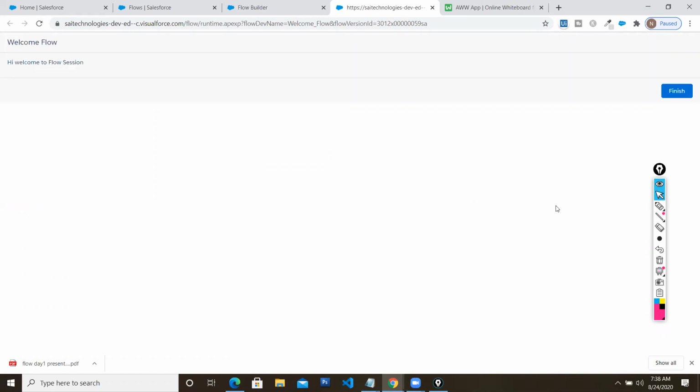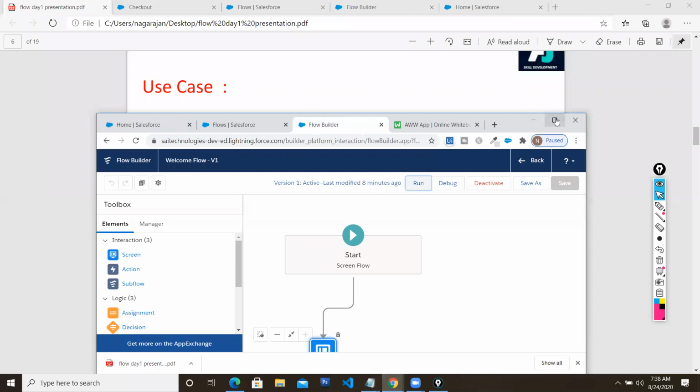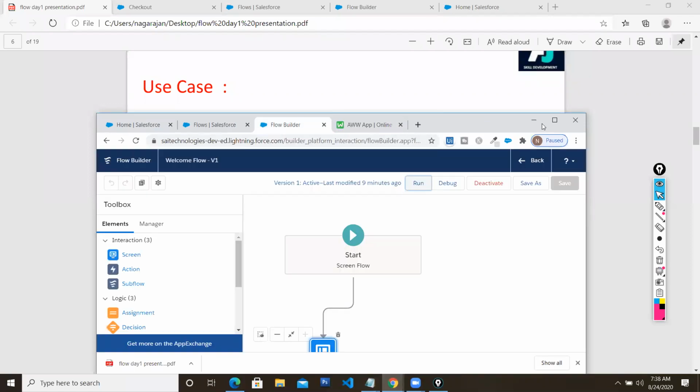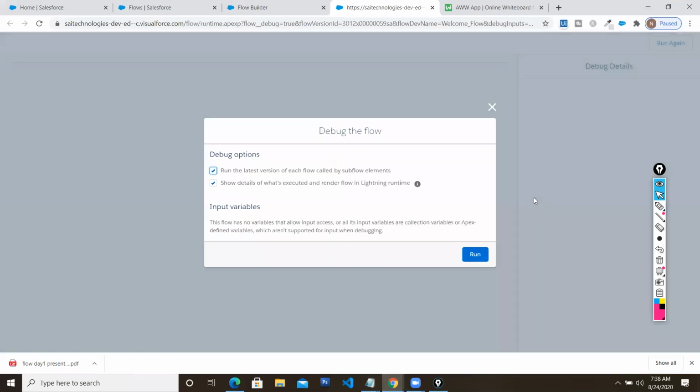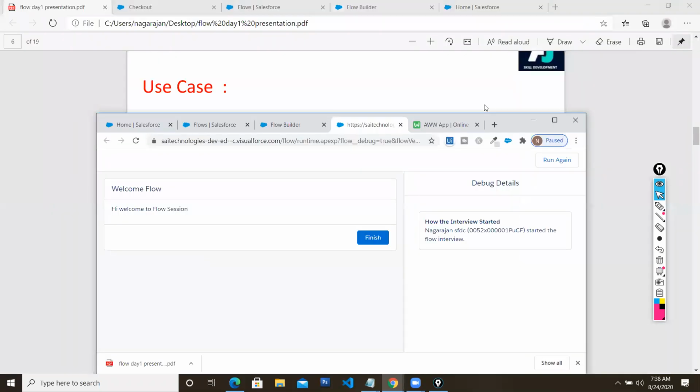There will not be any information. Okay, so let's say you are going to do a simple formula or a simple calculation right over there and you are using it. When you go for run, you will have no clue what actually the value is in the component, how it is being calculated, the step-by-step process. You will not have any clue right over there. But when you go for debug, you will get a clear idea how the data is flowing and what the data is at each and every step. So it gives you the complete information. Okay, so this is the difference between debug and run.